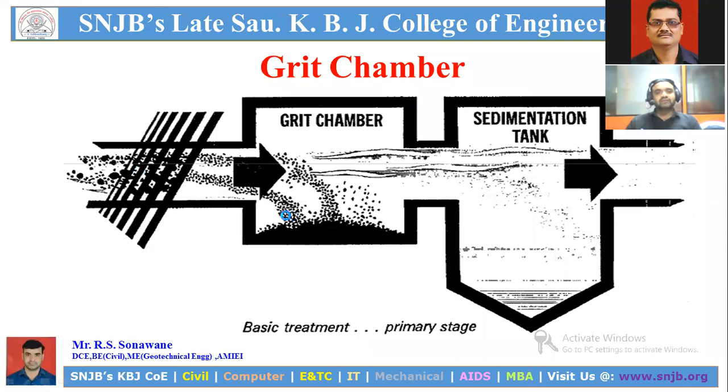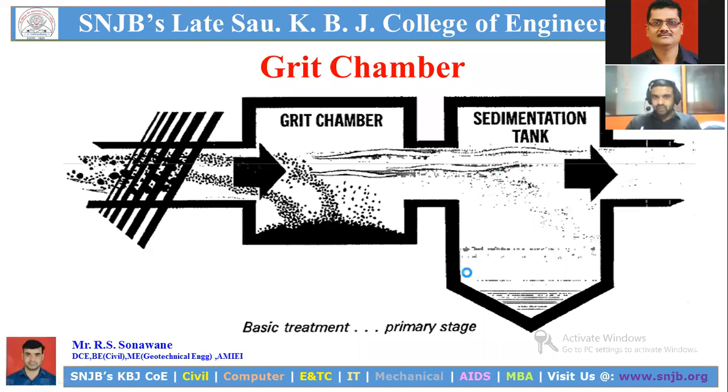Such a type of material, those materials having specific gravity 2.65 and above, can enter the grit chamber. So this is dotted format. You can see here the dotted material, that means it's a type of grit. It means silt or grit whose specific gravity is more than 2.65 enters into the grit chamber. And then suspension material goes to the sedimentation tank. Is that clear?